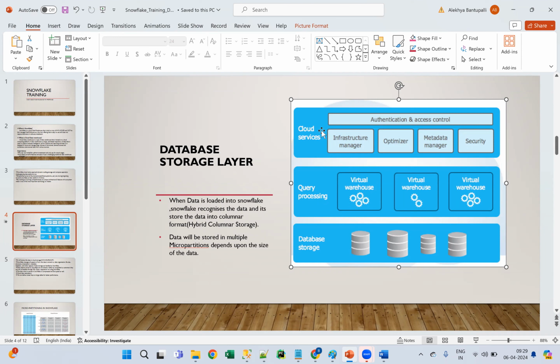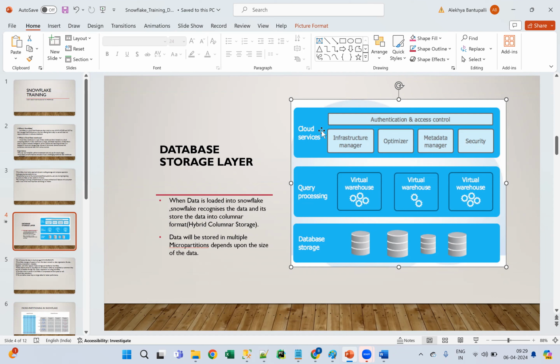What is happening in the cloud service layer? All the authentication, access controls, infrastructure manager, optimizer, metadata manager, data security, account security, all these things will be handled by Snowflake only. We need not do any kind of manual intervention, guys. Everything will be handled by Snowflake only in the cloud service layer.